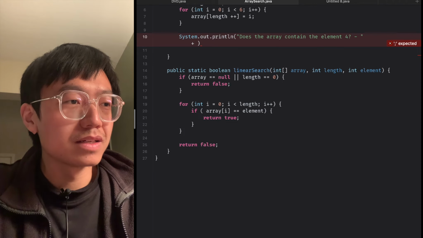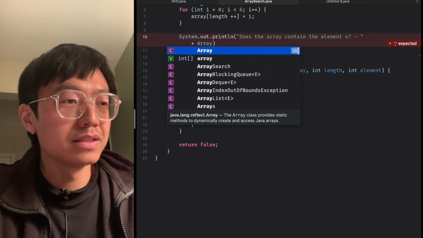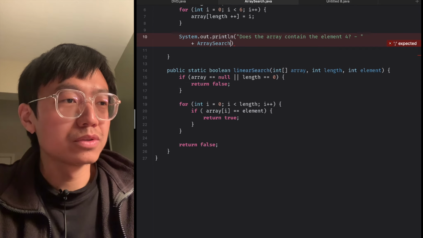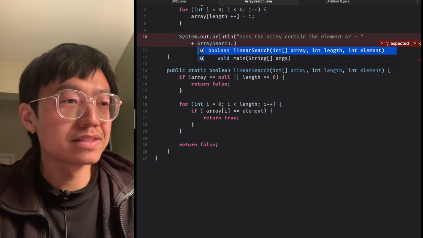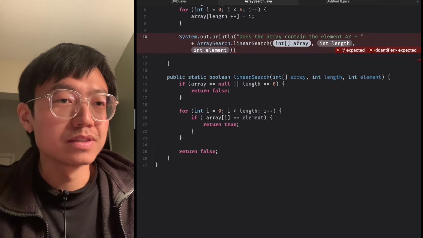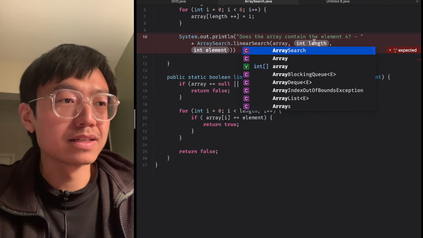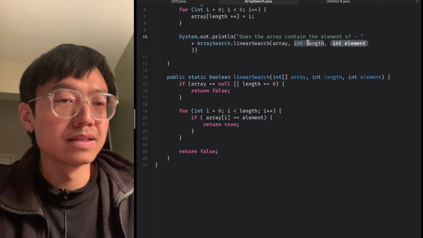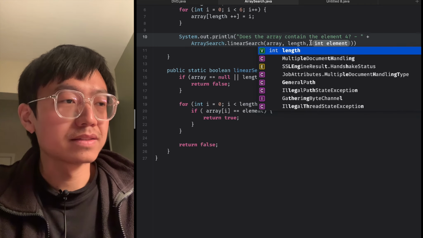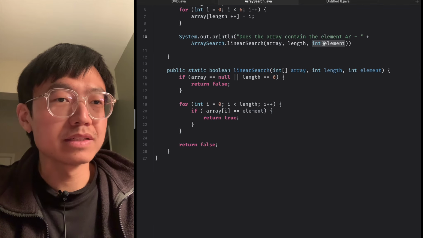Plus ArraySearch dot linearSearch, with the array, length, and the element 4,